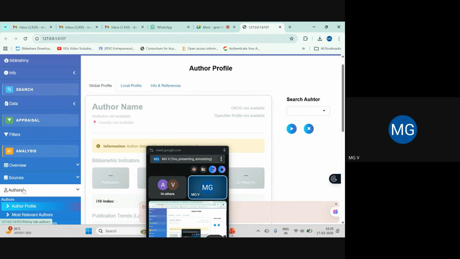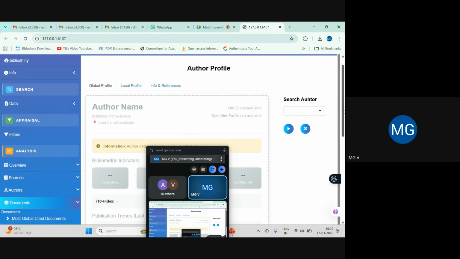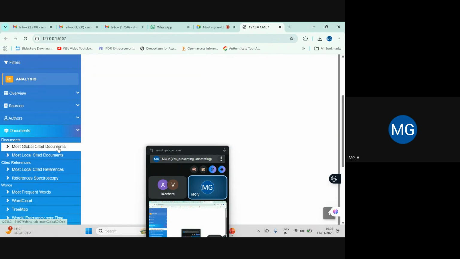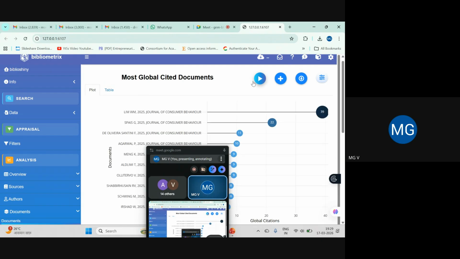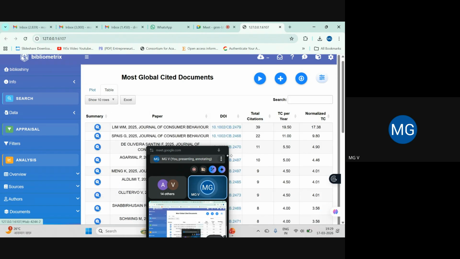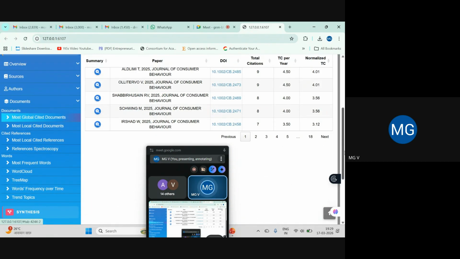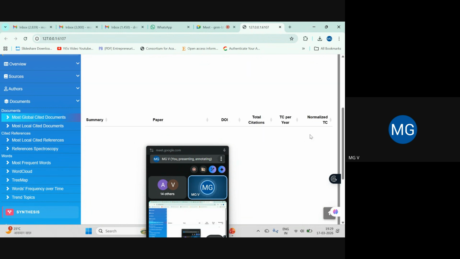Okay. Then documents. Most global cited documents. Let us see. Out of these documents available, what are the most global cited documents? Just click and you get this information in the form of plots. And if you want this information in tabular form for further analysis, you get this information. And here are number of pages. So there are 8 pages,